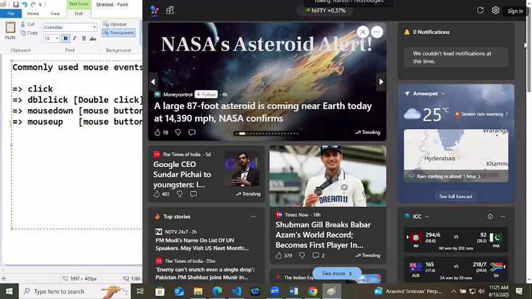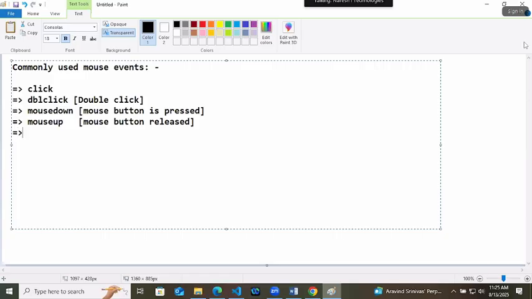That is the mouseup. Then you have mouseover. Mouseover is something like the hover property of CSS, but in JavaScript we call it mouseover. Then we have mouseout. When the mouse left the element, when the mouse left any element, at that time, that is the mouseout.